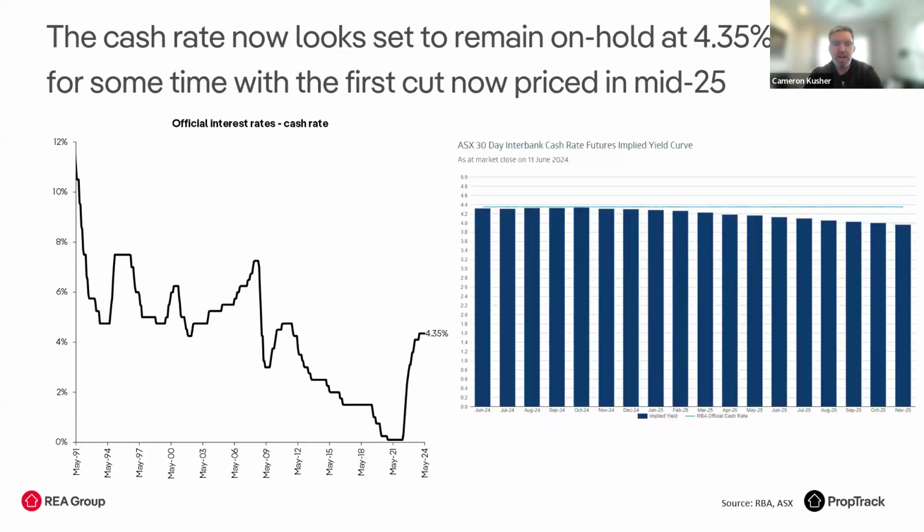So if we have a look at the cash rate, it's at 4.35%. It's been there since November of last year, so it's been on hold for about 6 months now. It is the highest interest rates we've had in 12 years. If we look at the expectations as to where interest rates are going to go, which is the chart on the right,